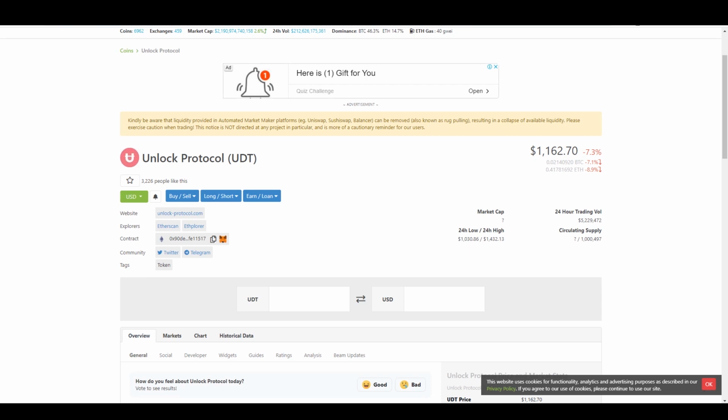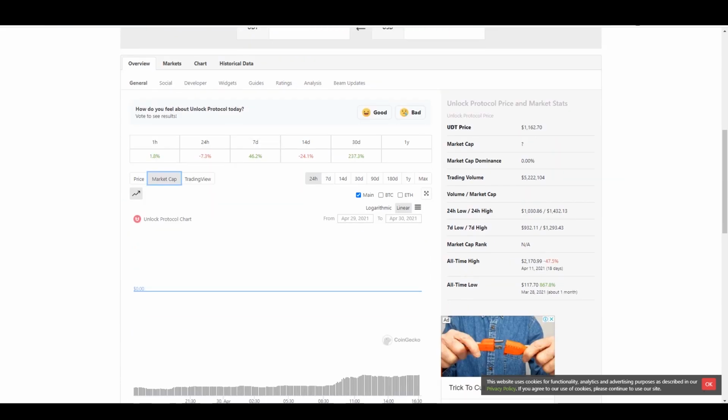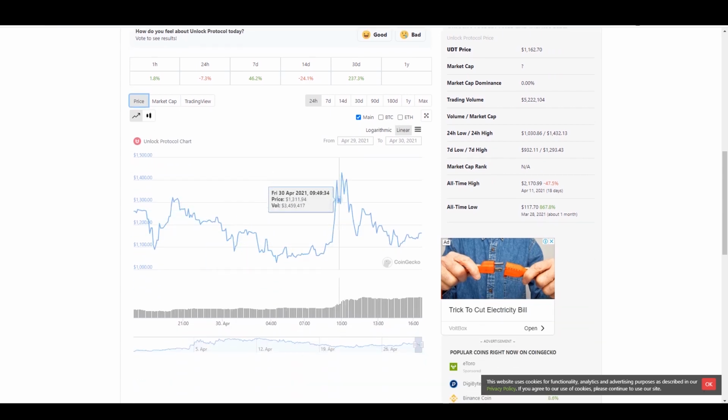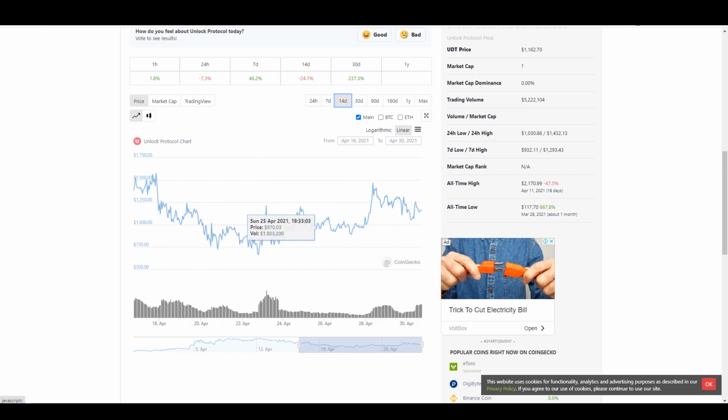So imagine once the team goes full force in marketing and they're in talks with Mark Cuban, they're in talks with a lot of big social media influencers for that matter. Imagine once they start shilling, that's what we call shilling. Once they start promoting Unlock Protocol or UDT, the price is going to skyrocket. So if you want to get into UDT, not financial advice again,